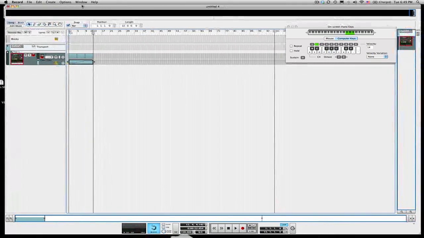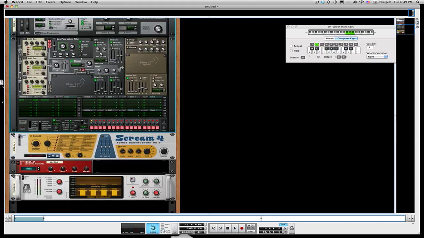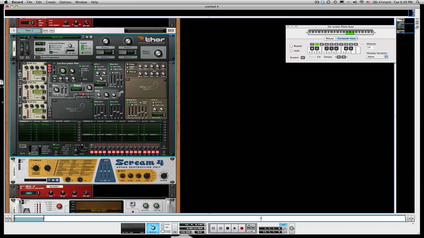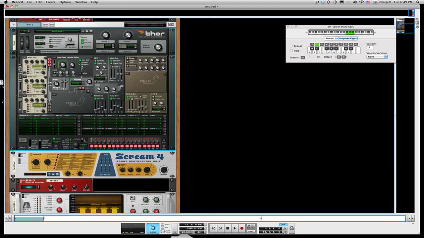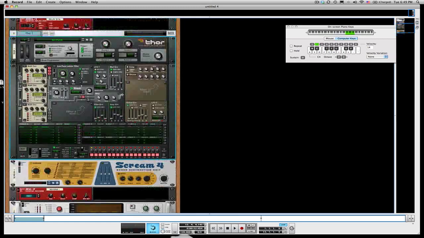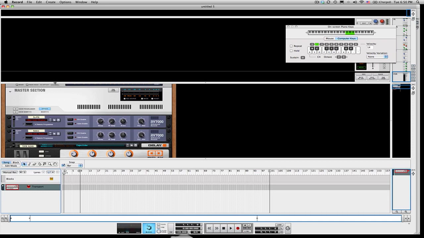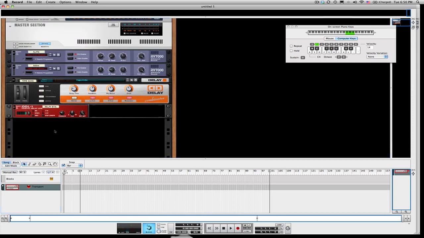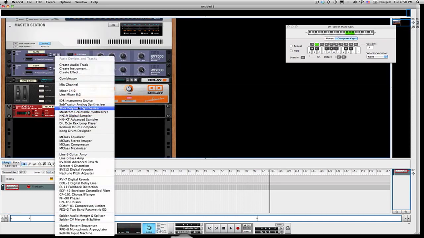Alright, so let's start it off. Let me switch to my rack menu. Alright, here we go. So this is what the synth is ultimately going to look like, but I'm going to start from scratch with you guys. So let's do File New. There we go. Bring this up, and the first thing you're going to do is create a Thor analog polysonic